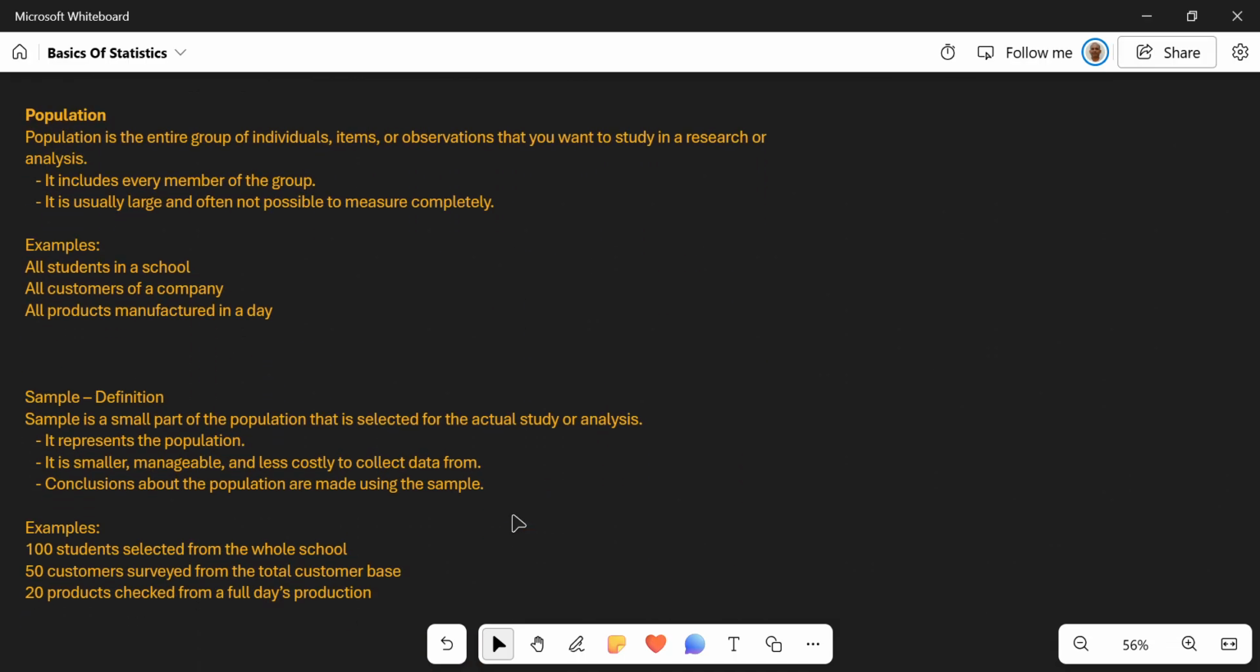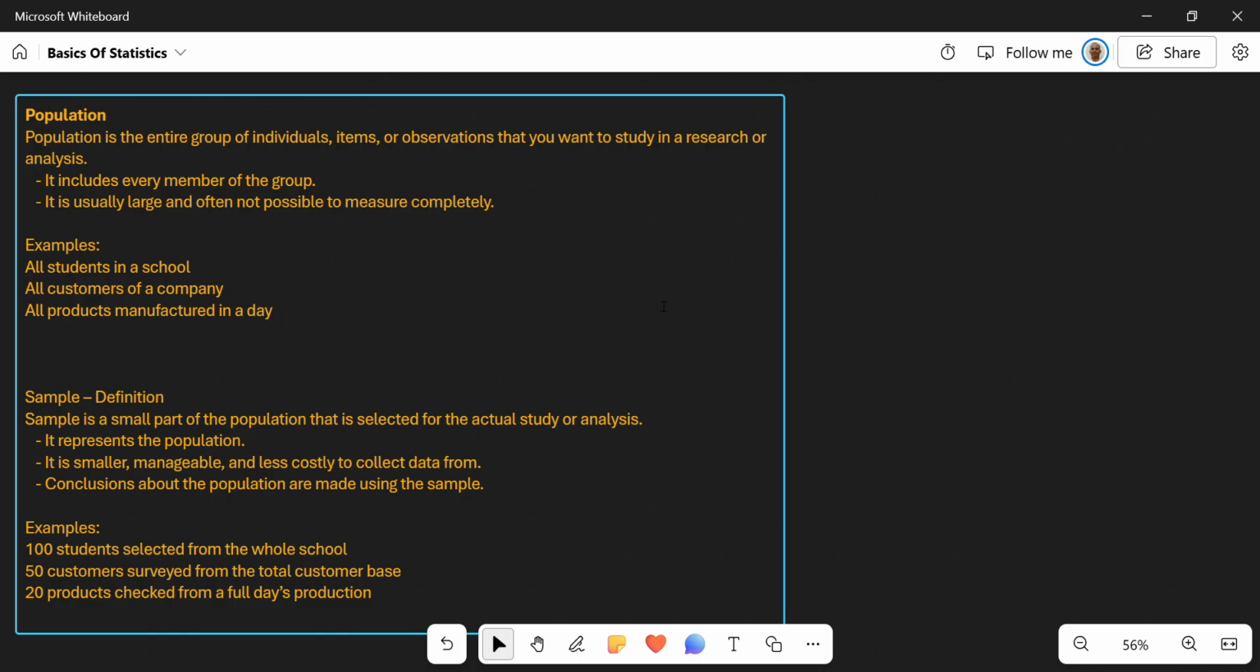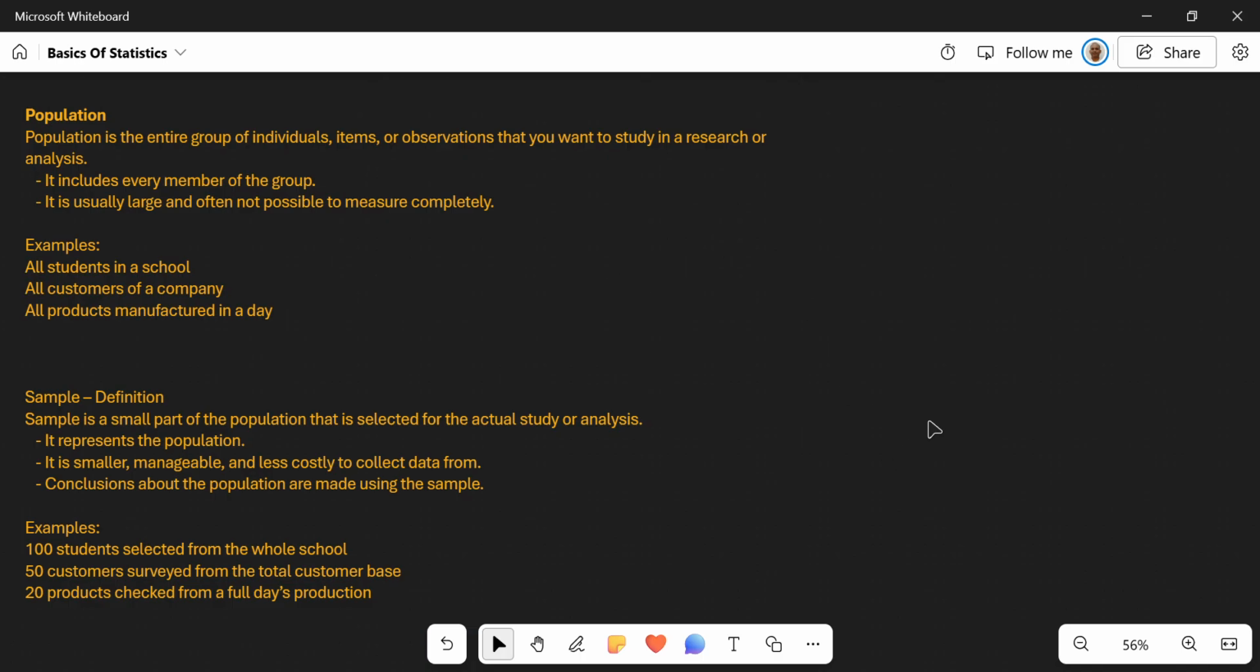So population is the entire group of individuals, items, or observations that you want to study in a research or analysis. Right? So generally, what is population? It includes each and every member of the group that you are talking about. For example,